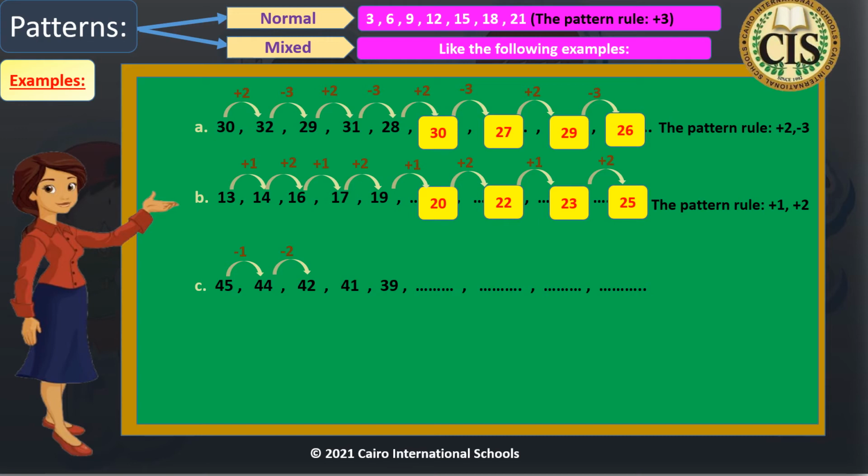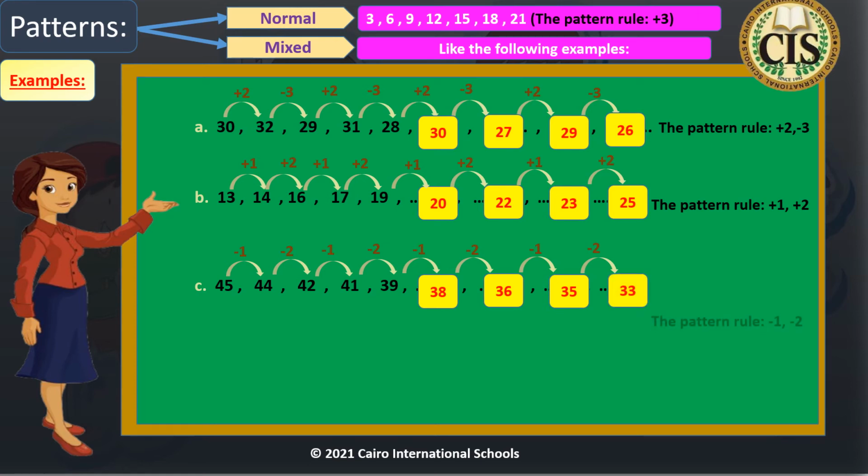Then the turn is for minus 1. 42 minus 1 equals 41. 41 minus 2 equals 39. 39 minus 1 equals 38. 38 minus 2 equals 36. 36 minus 1 equals 35. So the pattern rule, minus 1, minus 2, minus 1, minus 2. So here we will make minus 2, not plus, minus 2. 35 minus 2 equals 33. So the pattern rule is minus 1